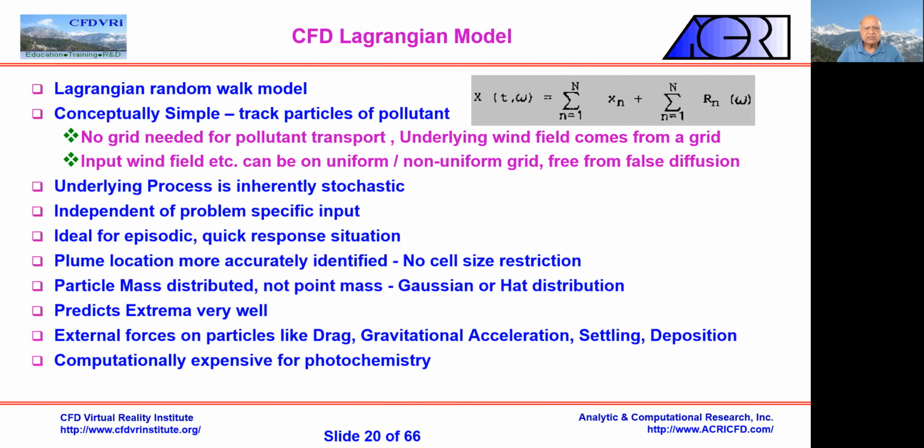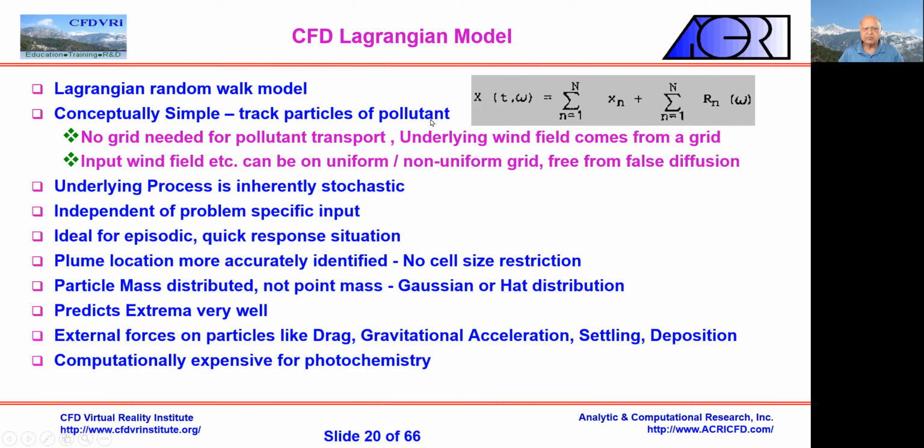So the Lagrangian models are basically like a random walk kind of model. You say, I know the position at a previous time. I'm going to add a random component to that, which is based upon the diffusivity, to simulate the diffusion. And then I'm going to add a velocity component based upon the actual known velocity, and I'll get the next location of the particle, right? So that's what basically a random walk model is. There are different variations. Our model is called random, but there are a number of other models that do something essentially the same. They're conceptually very simple.